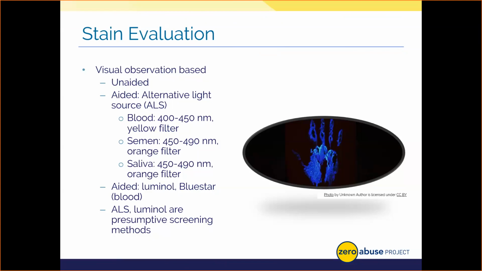Typically, blood would appear as a darker colored stain. Semen or saliva can be more light, or what I would call a white fluorescent color in appearance. Note that fluorescent aids can also assist in body fluid detection as well. For instance, you can consider the use of luminol, blue star, or other fluorescent sprays that bind to blood and cause them to light up under ultraviolet or UV light as screening methods for stains too.